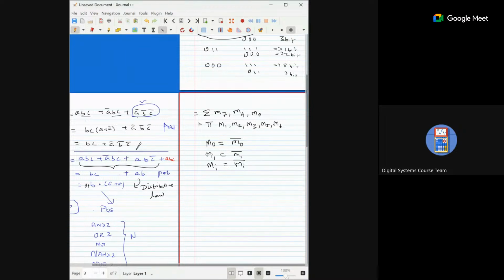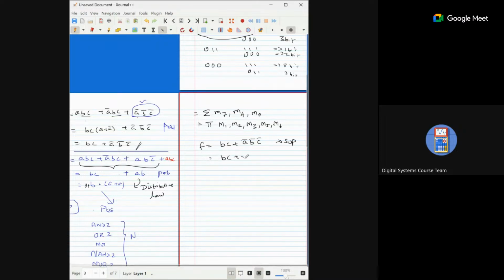Maybe you want me to explicitly write that expression in POS. Okay, I think I'm assuming that way. I'll then proceed. So your function equals BC plus A bar B bar C bar, if this is in SOP format. If we want to write it in POS,